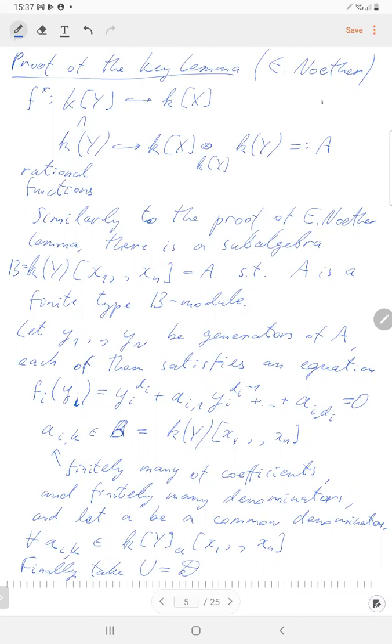Okay, so they were polynomials with coefficients in rational functions on y. So these rational functions might have some denominators, and now we could take the product of all these denominators, the common denominator. Okay, and we only have to invert this one. Everything else is regular on y. Okay, so if we just throw away the zeros of a, then on the complement, this is a regular function, and this complement is our desired open set U.